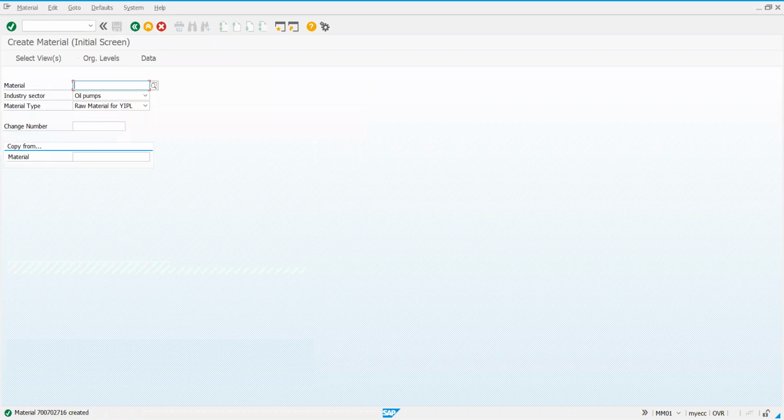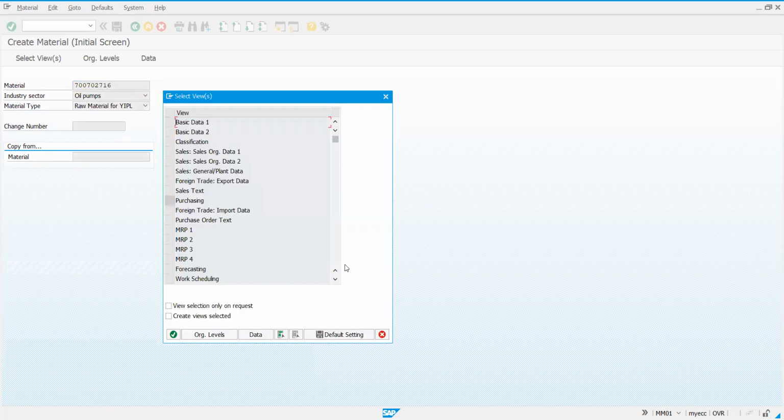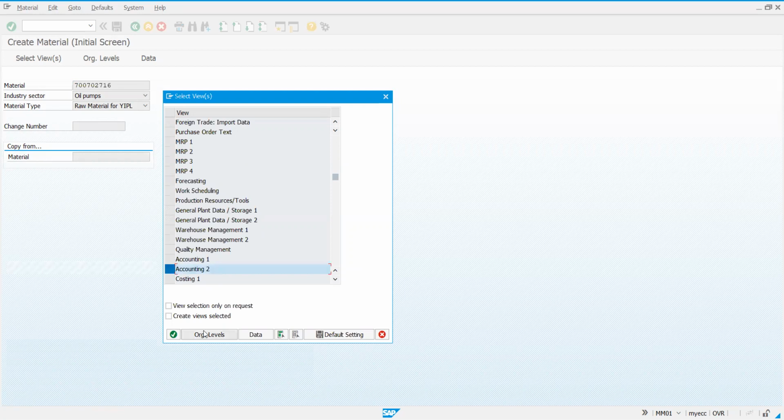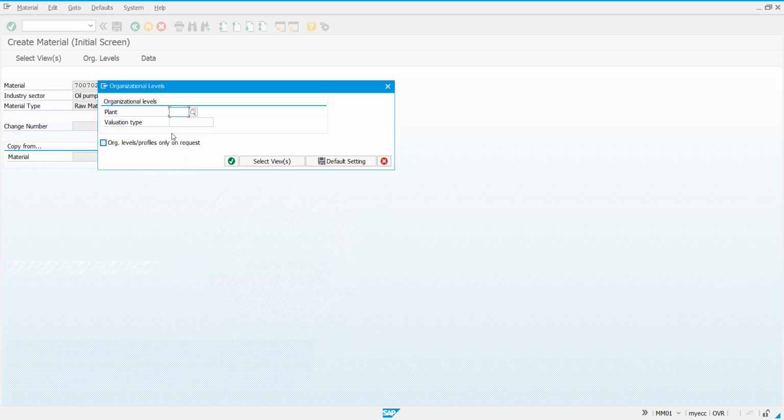Again, same material. Select views. Again, only accounting. Organization levels. Plant.